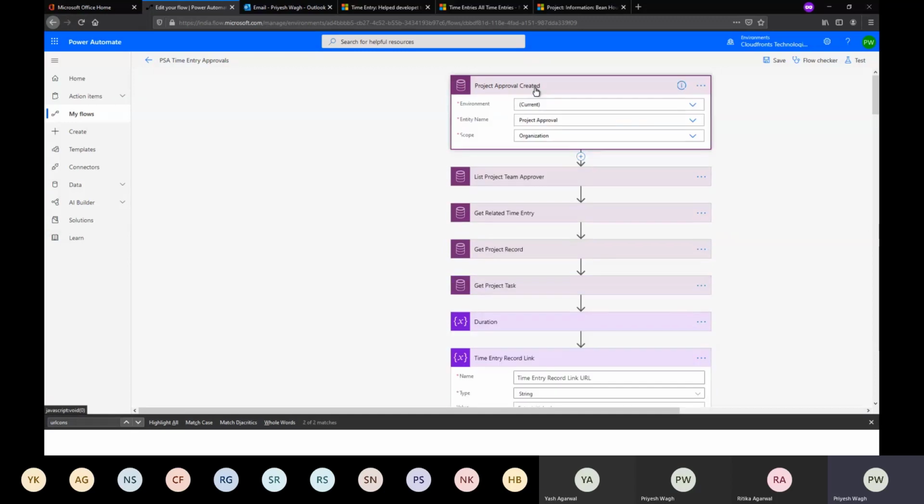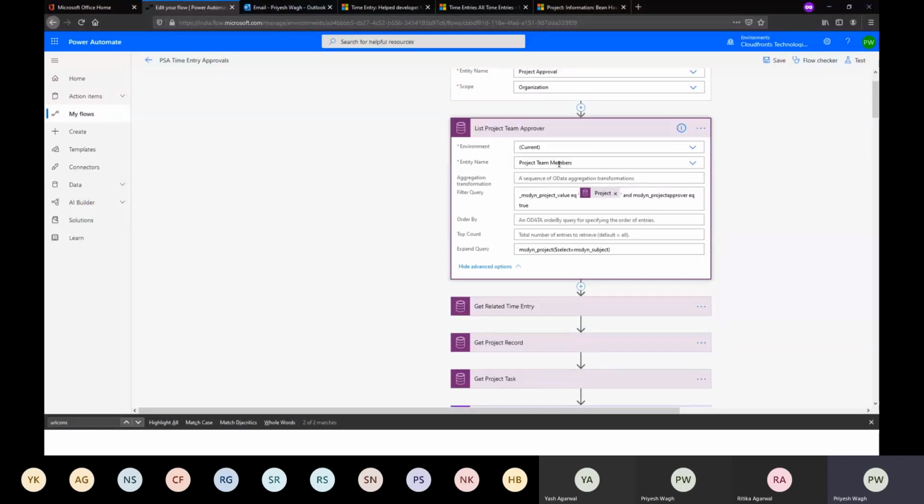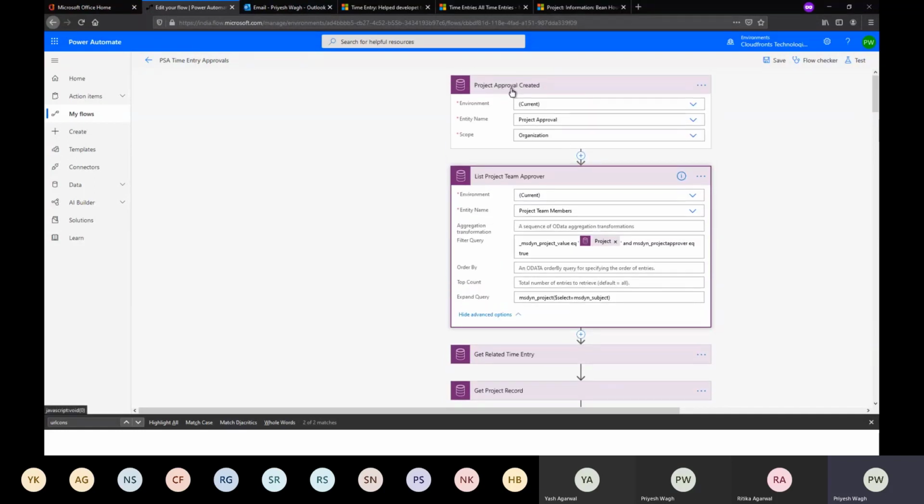First, my flow is triggered when a project approval record is created, as I mentioned. Once a project approval record is created, it will fetch all the project team members from the project in this record.